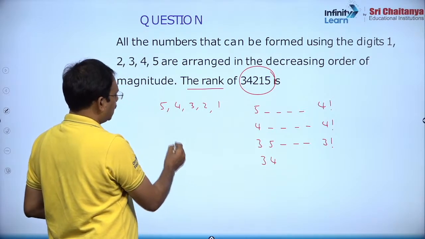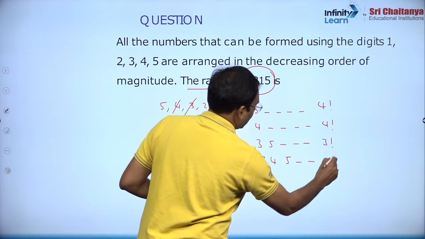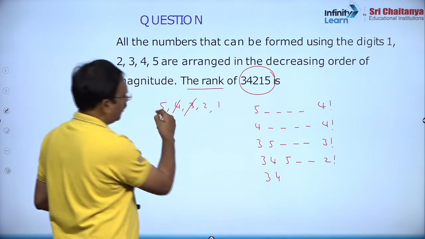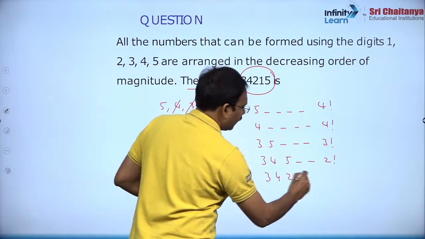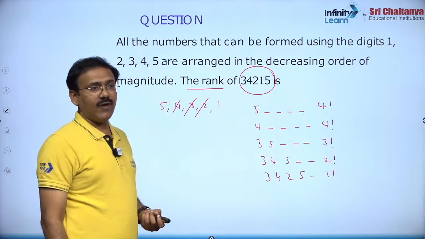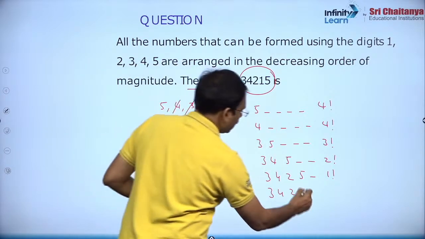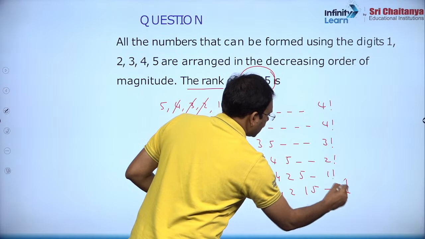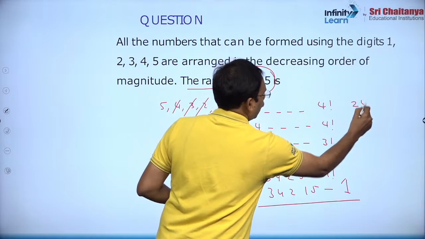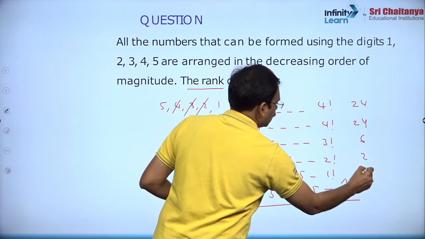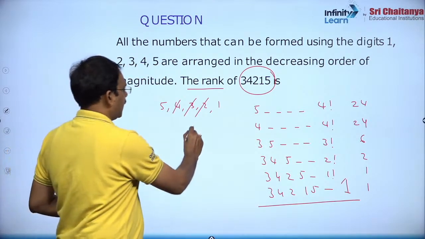बाद में 3 4 तो चाहिए, इसके बाद 3 4 5 से स्टार्ट होने वाले 2 फैक्टोरियल होते हैं। 3 4 5 होने के बाद 3 4 2 तो चाहिए, सो 2 कैंसिल करो। इसके बाद 5 से स्टार्ट होने वाला नंबर चाहिए, ये 1 फैक्टोरियल होता है। इसके बाद 3 4 2 5 के बाद 1 5, ए नंबर तो चाहिए। रैंक चाहिए माने इसे भी काउंट करना पड़ेगा। अब देखिए 4 फैक्टोरियल इज 24, 24 6 2 1 1। देखिए 48 50 58 होता है, ये नंबर का रैंक 58 होता है।